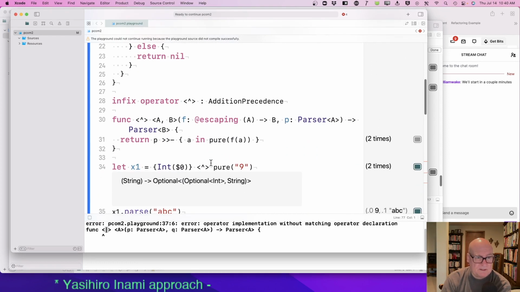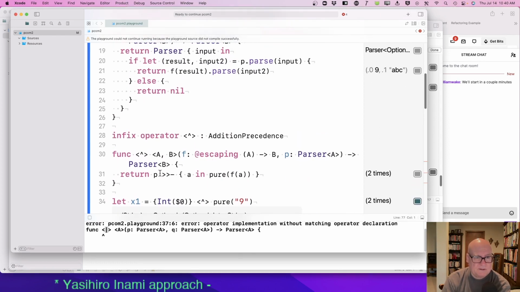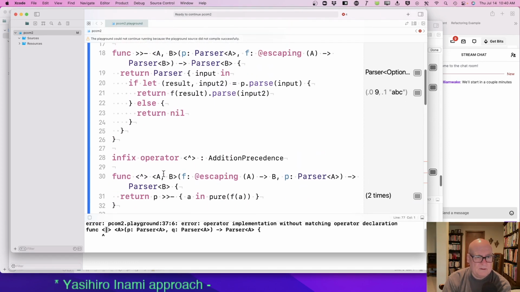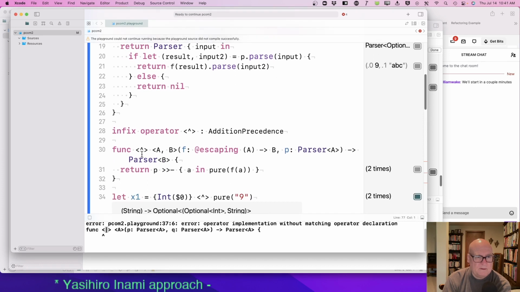So where he used it down here, P. Okay, I wish I had a name for this.